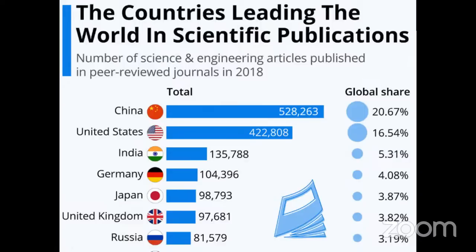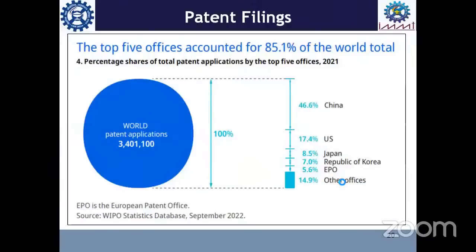We need to appreciate. But at the same time, we should also look into other roles or other countries along with their positions. China and US, they're always number 1 and 2 in terms of publications, in terms of technologies, in terms of IP, in terms of innovations, and many others. But there are some countries, especially countries like India, which find a decent position in publications, but when it goes into patents, again, we do not find such encouraging numbers or percentages.